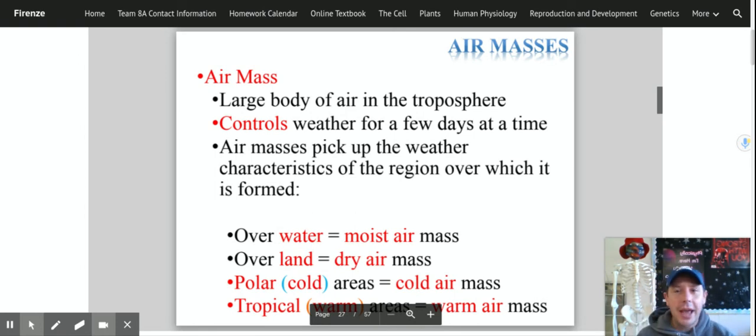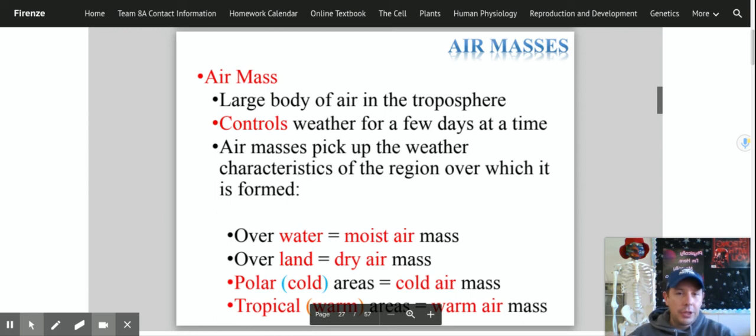All right, we're talking about air masses today. Air masses are cool and they're pretty easy to understand, so you should be able to get this pretty quick. An air mass is simply what it says. It's a big air mass. It is a big bubble of air. Picture a big bubble, like a tennis bubble. I'm a tennis coach, so I play a lot of tennis and tennis bubbles. An air mass is a big bubble of air that moves across the country.